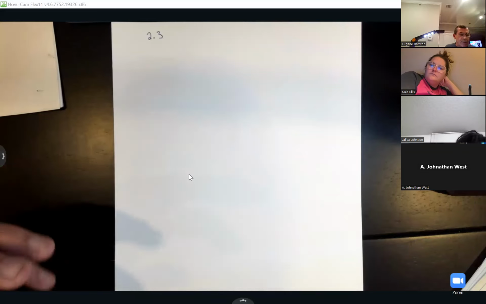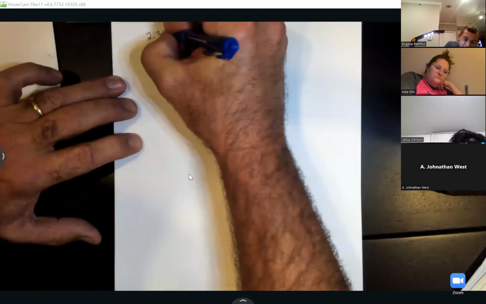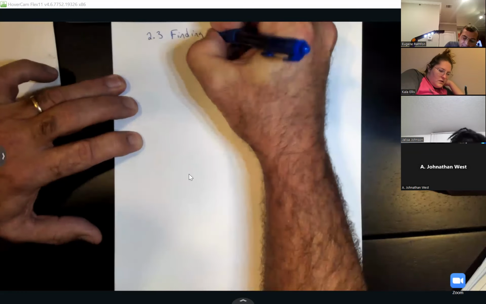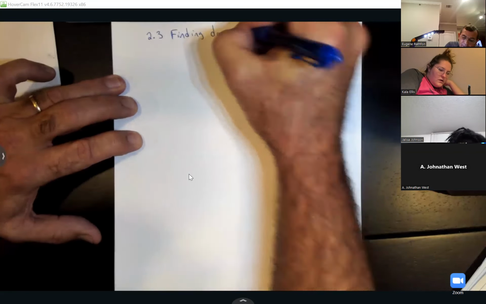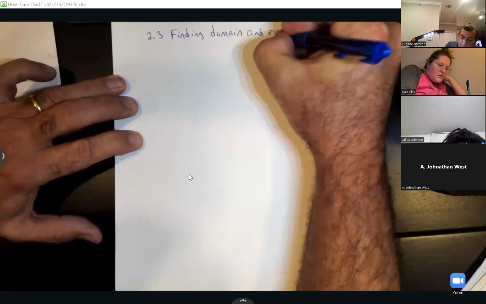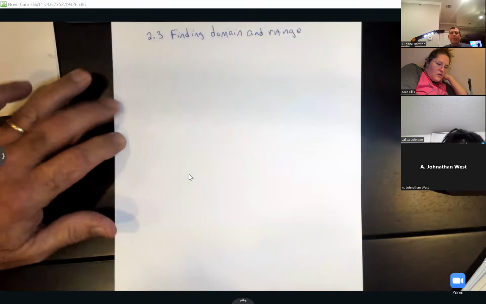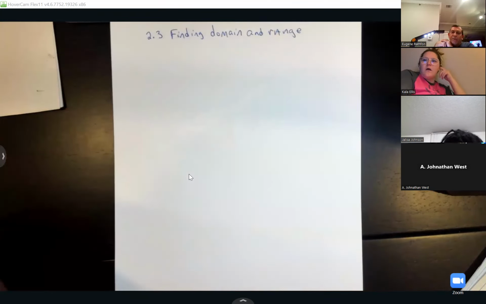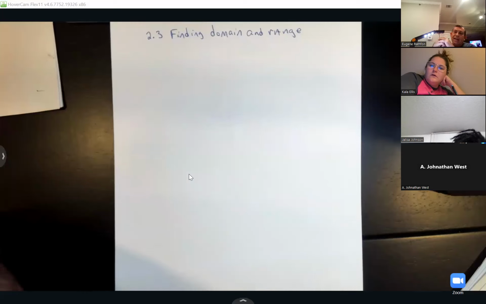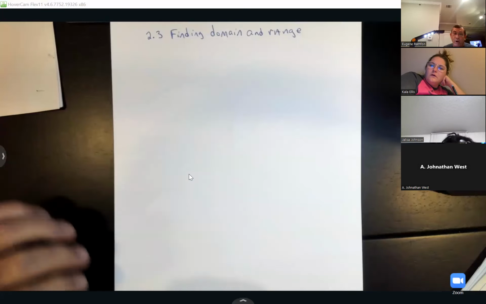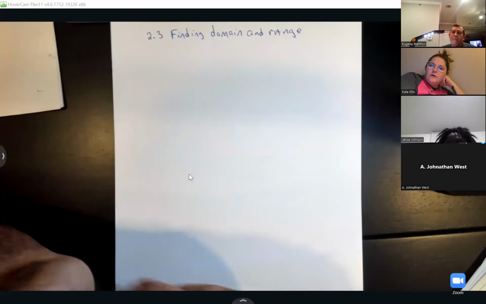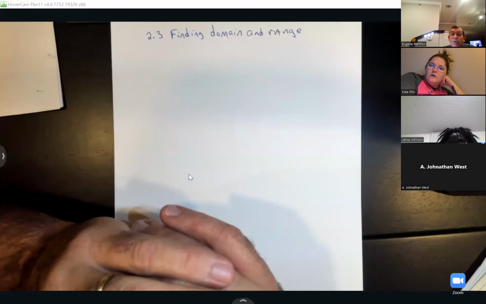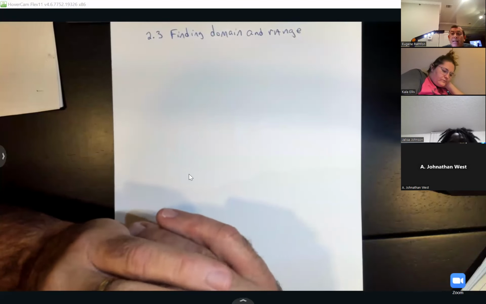All right, so 2.3 deals with finding the domain and range. So we'll start out playing with a couple graphs, looking at the graphs and finding our domain and range and answering those questions. Then I'll show you how to find a domain of a function, and we'll work some of those problems. So remember, when I talk about the domain of a function or a graph, the domain is the